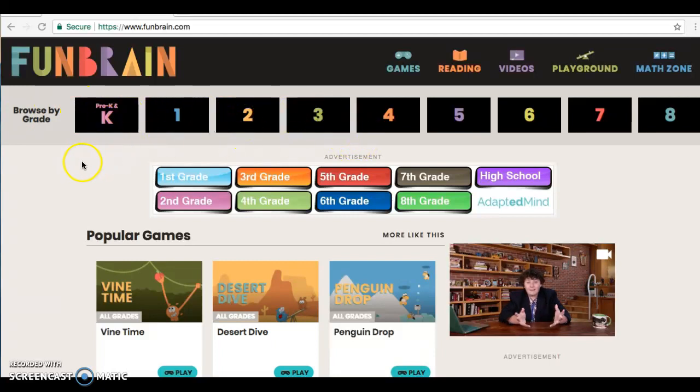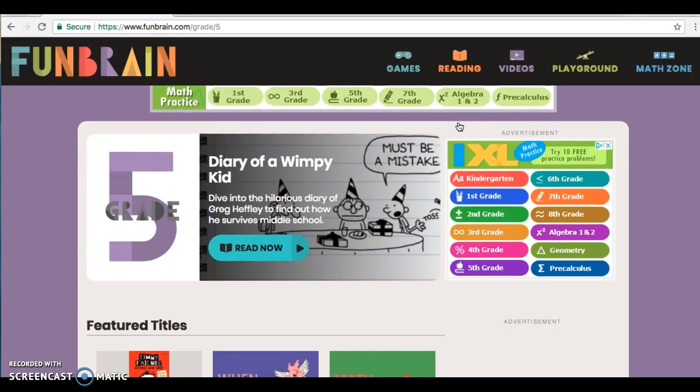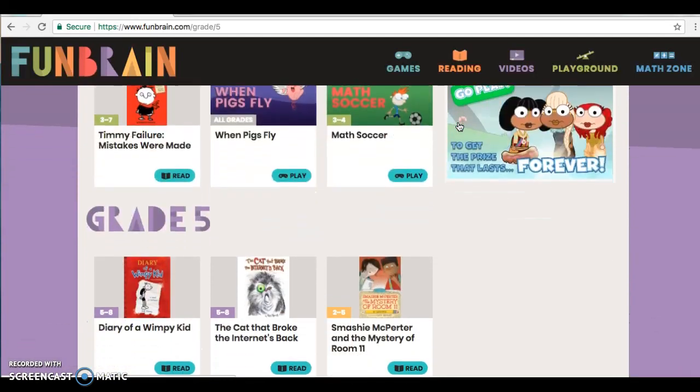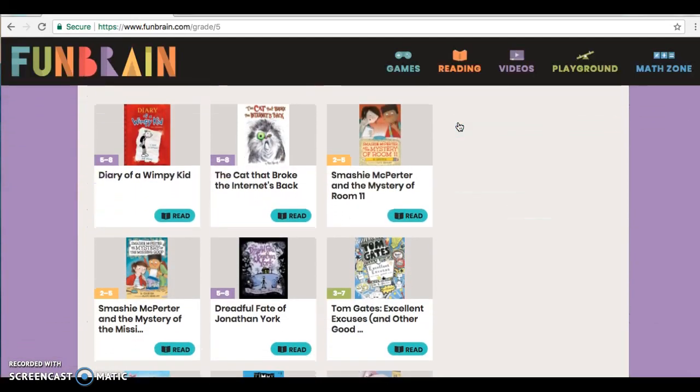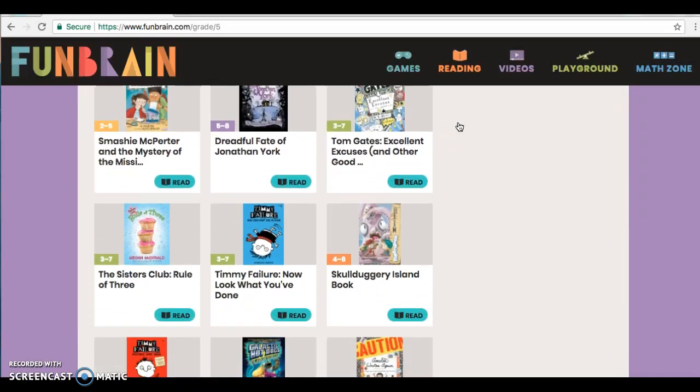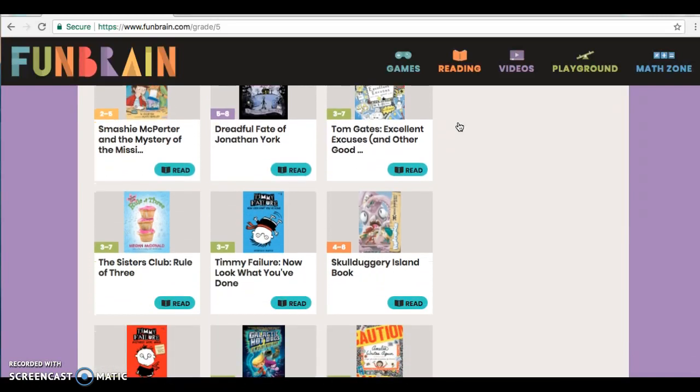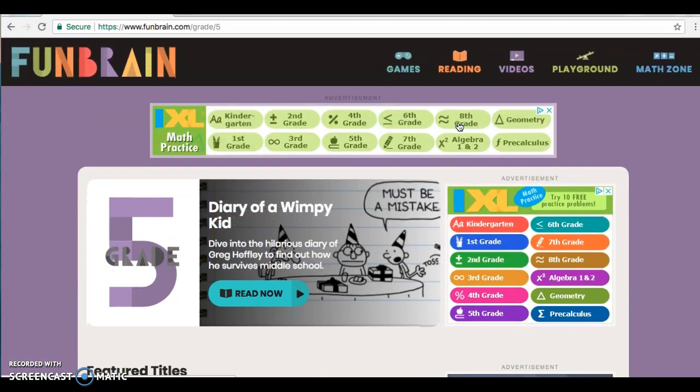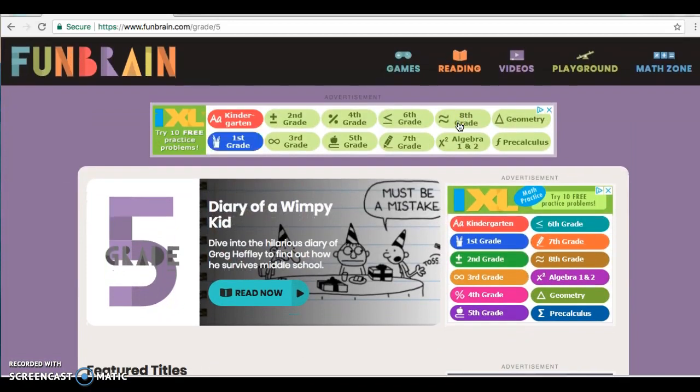By doing this, it'll bring up different readings and activities that students in the grade can do to practice. For example, if you click on 5th grade, and scroll down, it'll give books to read, games for students to play, and math that students can practice. If the student wants to search specifically for either games, readings, videos, or math to practice, they can go to the very top of the page and click on the links to go directly to what type of practice that